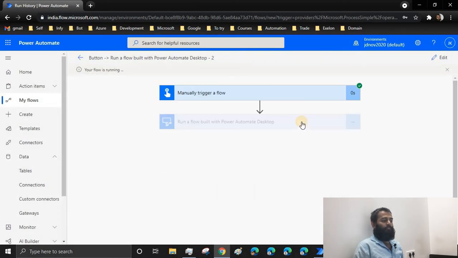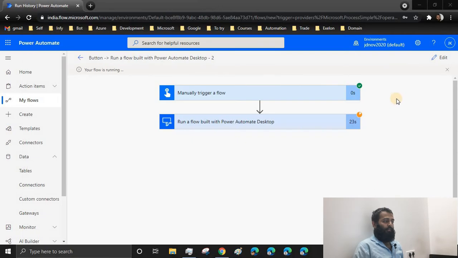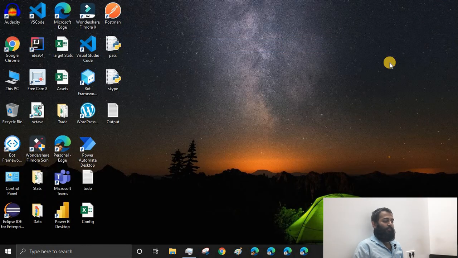Well, it takes time for the Power Automate cloud version to send a request to the gateway, and then from the gateway it sends a request to the Power Automate desktop to start the flow. Well, let me close this window and let me close the browser as well, because it will throw an error that multiple browsers are opened. Now let's wait for the flow to get triggered.